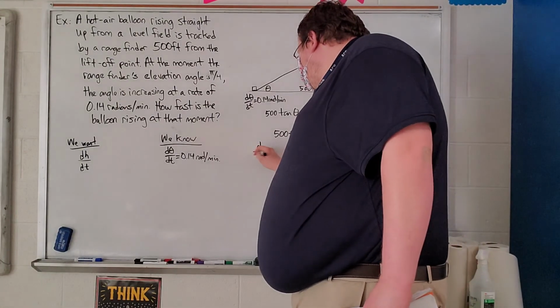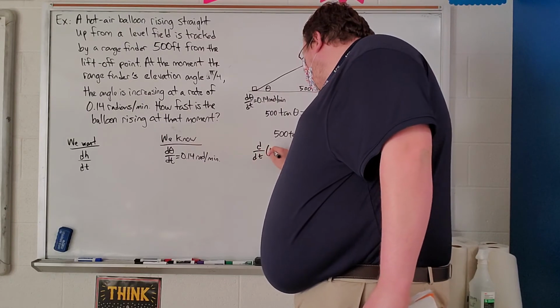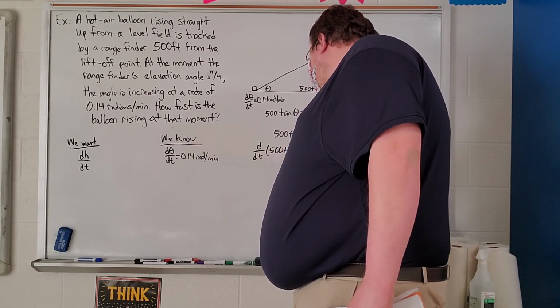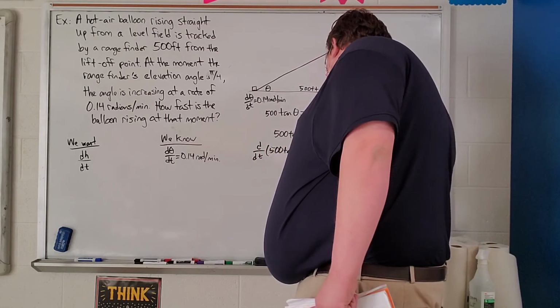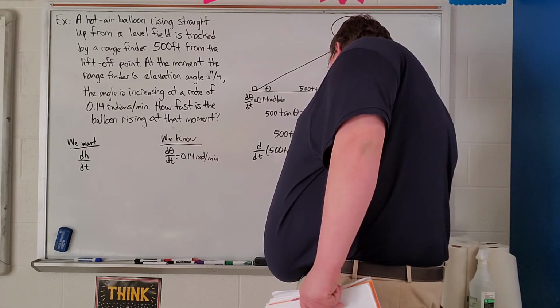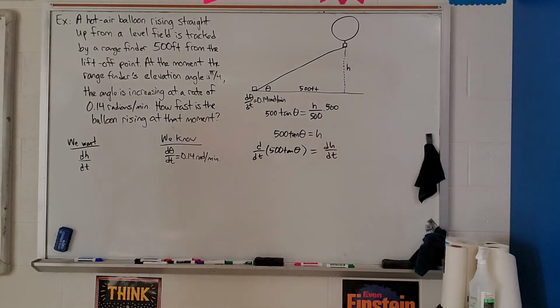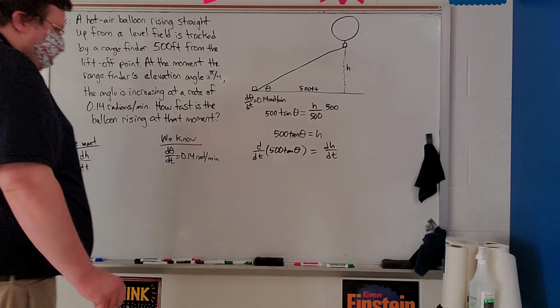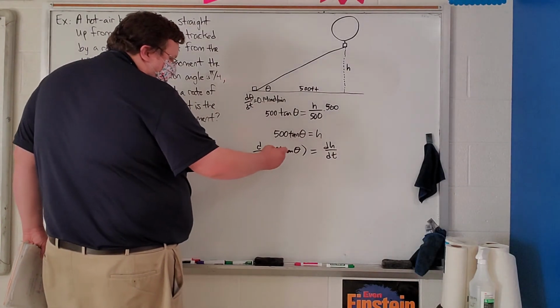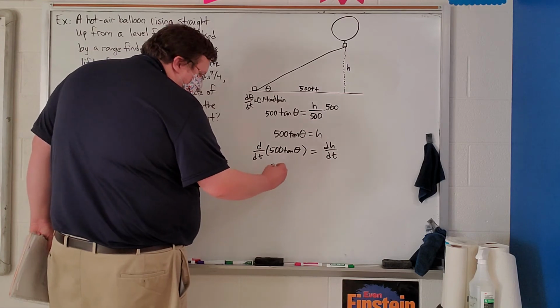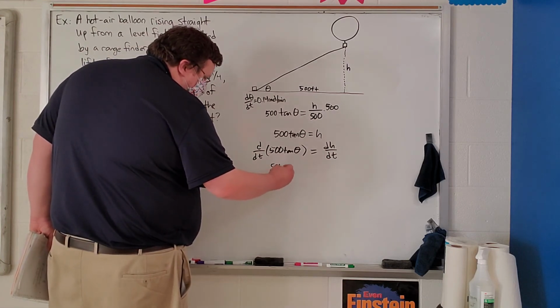So I'm going to differentiate both sides with respect to time. 500 tangent theta with respect to time. Differentiate h with respect to time, I just get dh/dt. Well, the derivative of h is 1, right? Derivative of just a variable like that would be 1, but it would be 1 times dh/dt. 500 is a constant multiple, so I'm just going to take 500 times